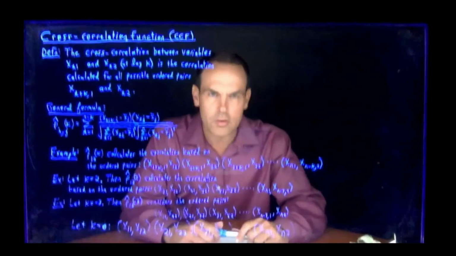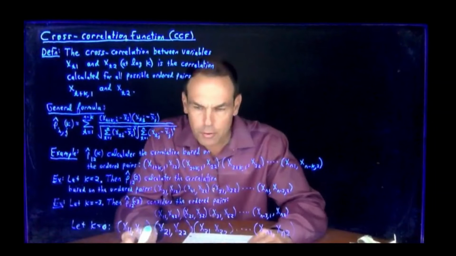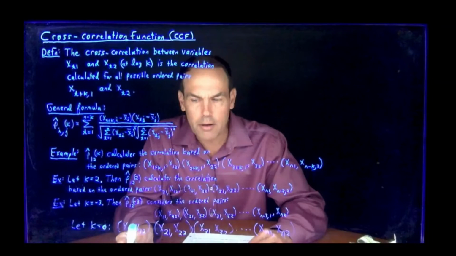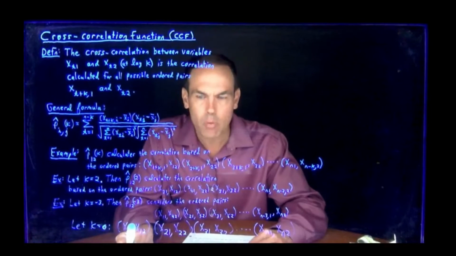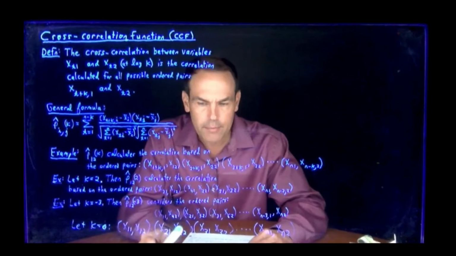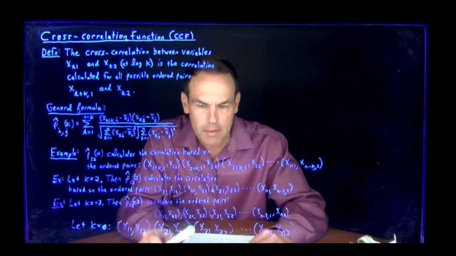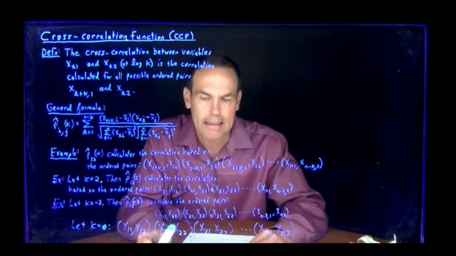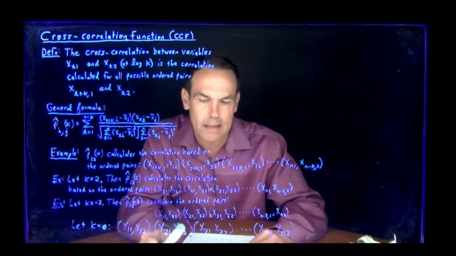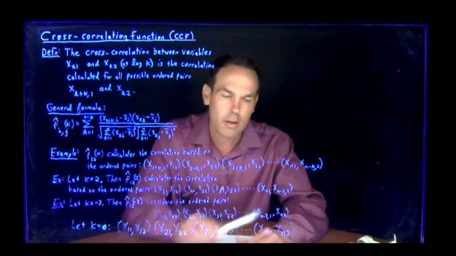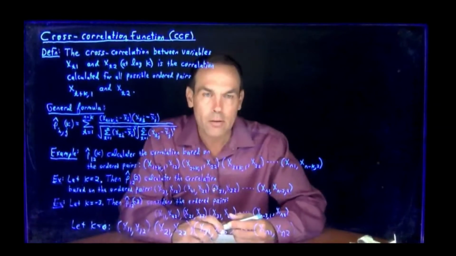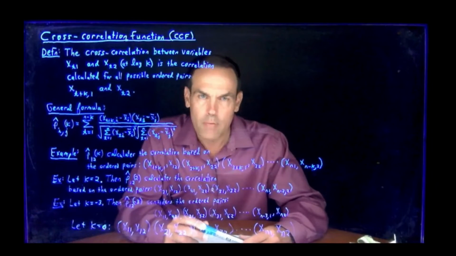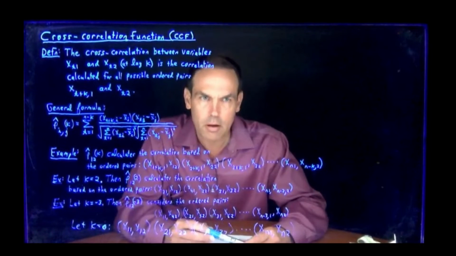So in other words, there's no lag. Variable 2 is paired with variable 1 at the very same time point, 1 and 1. Second order pair, same type of thing. Variable 2 is paired with variable 1 at the very same time point. Here that time point is 2, and so on. This is just the regular Pearson's correlation coefficient, the one that you've probably worked with in other courses in a